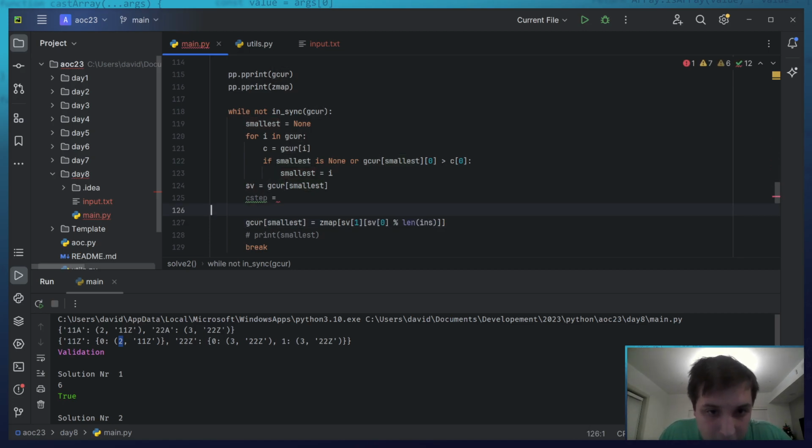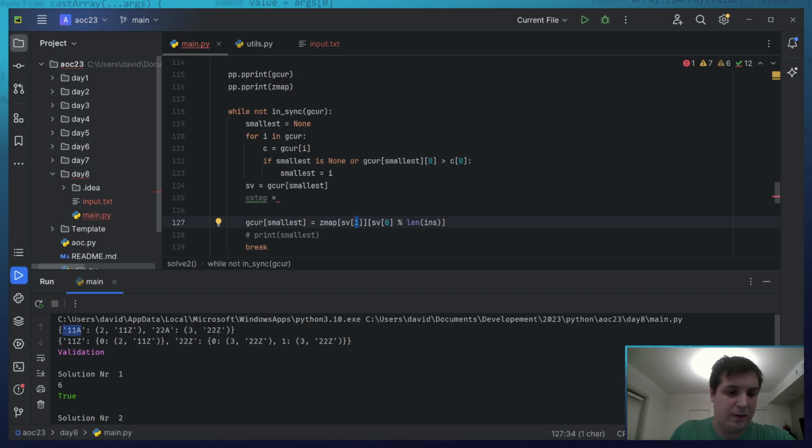Okay, and I already see that I have missed stuff here. Yes, I have. So that map here of smallest value 1, so our smallest value 1 is then the step, is then the index. And then SV of 0 is the step, but modulo the insert length.